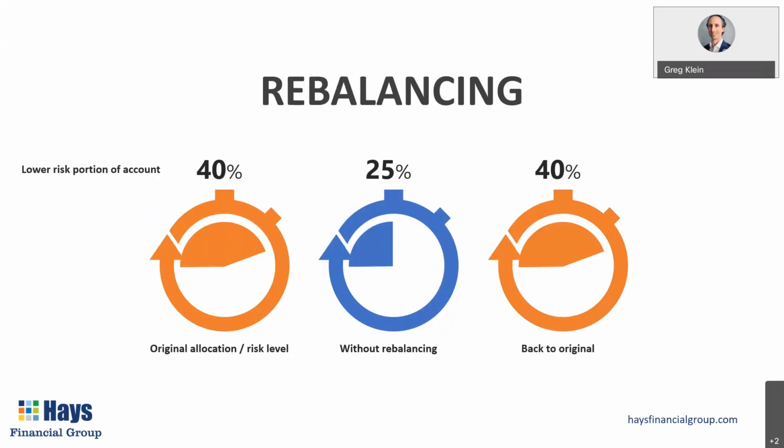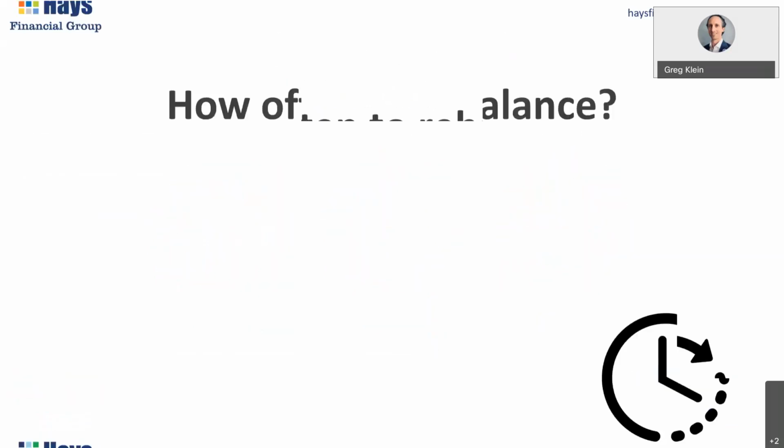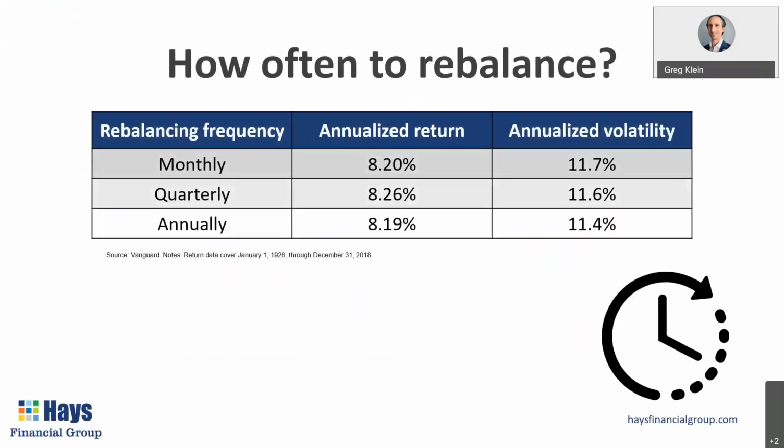But when I talk about rebalancing, the next question often is, well, all right, I know I should rebalance. I understand rebalancing, but how often should I rebalance? Is it better to do it every month, every quarter, once a year? And honestly, if you look back over almost a century in the market and you have an account that was rebalanced every year, every 3 months, once a month, you can see that the performance does not change very much at all. And the volatility is almost the same.